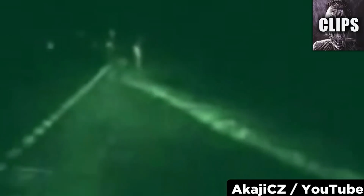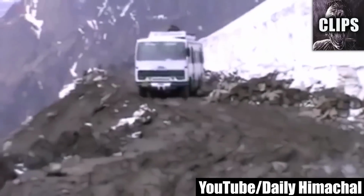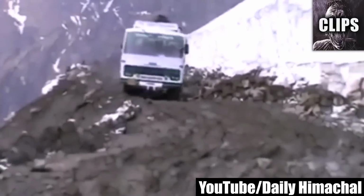Some in the comments note that the thing, whatever it is, is moving in the opposite direction as the wind and the snow. Commenter Denise M. Sanders suggests it was a person who was hit while crossing the road and passed away on the scene. Many agree that this looks like legit paranormal activity. What do you think? State-run buses that run through Himachal Road Transport Corporation, or HRTC, are known to have some